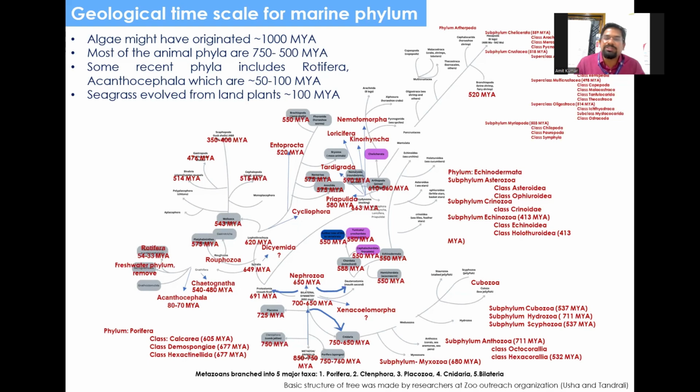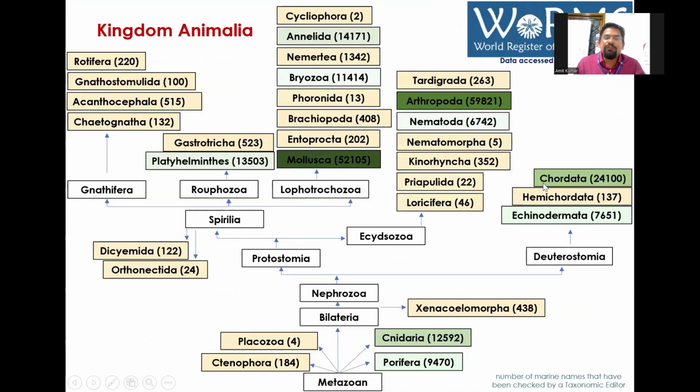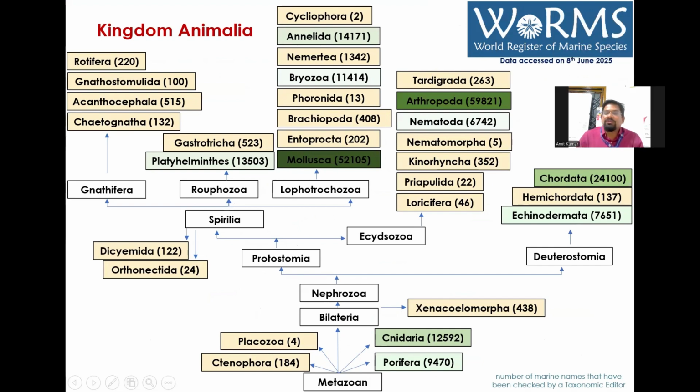So what is the situation now? If we look at the data which I accessed yesterday from the WoRMS database, the World Register of Marine Species, I could see that in the kingdom Animalia, there are close to 31 phyla present in the marine environment. And then if we look into the abundance of the species,